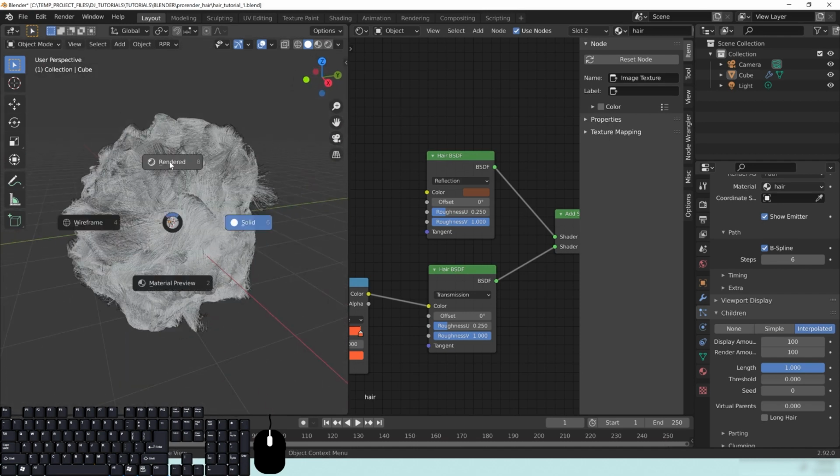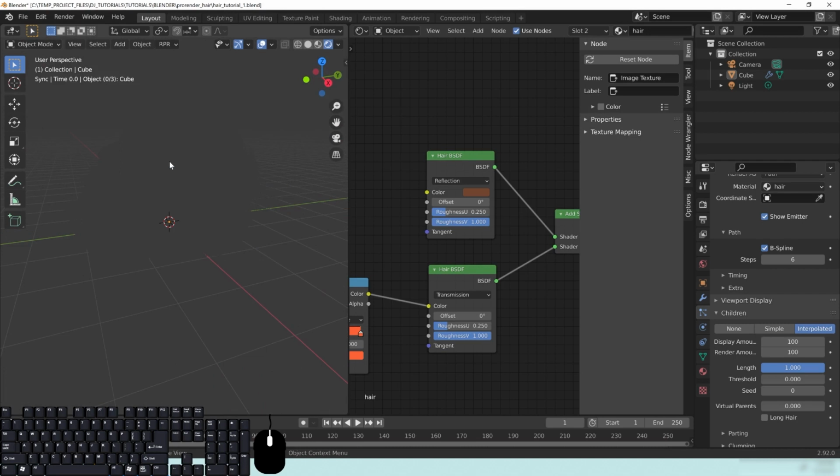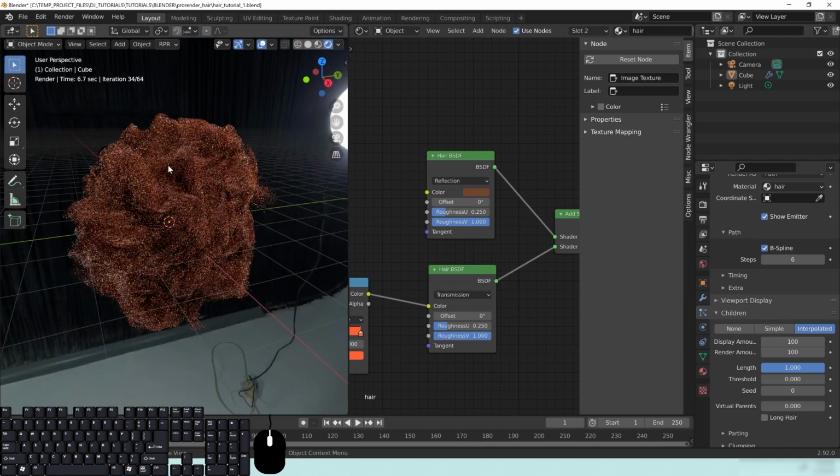And if we change this to rendered, this might take a while for you, so you might want to change the interpolation to a 10 or something to see if your computer can actually handle it, because it might take a little while for this to load up. So you'll want to give it a second so you can really take a look at how this is shaping up. And here we have it rendering out and you can see right up here the iteration. It says 34 and 64. So that's why I said you might want to do that, because if you don't set this up, it will just keep